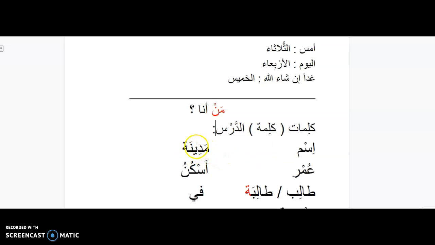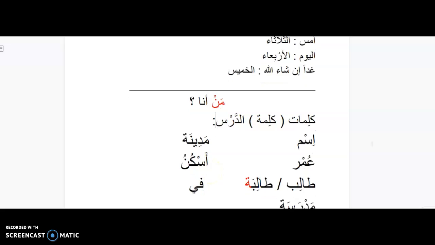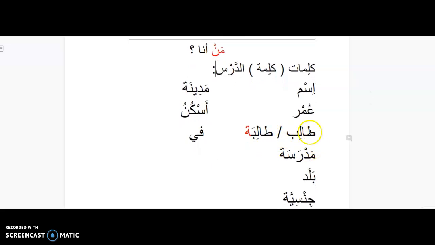اسم. مدينة. مدينة, city. عمر, age. أسكن, I live. طالب, male student. طالبة, female student. في means in. مدرسة, school. And I want to add here